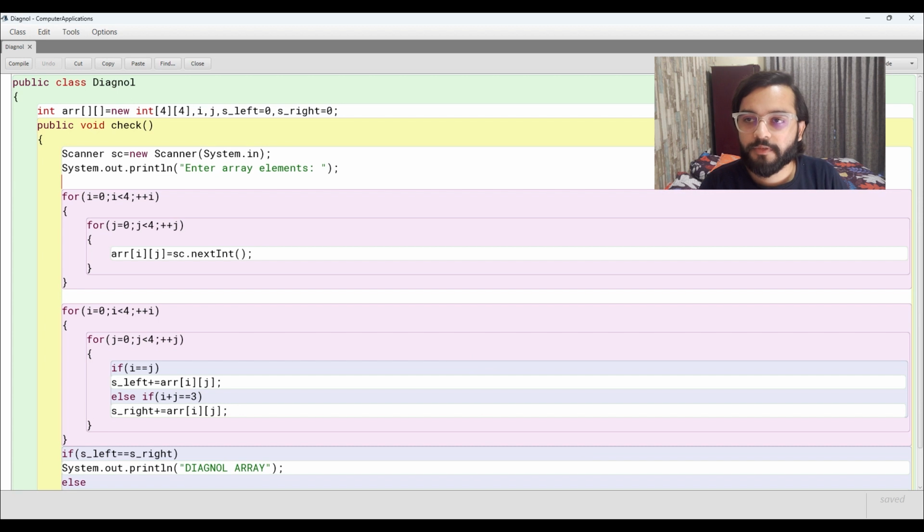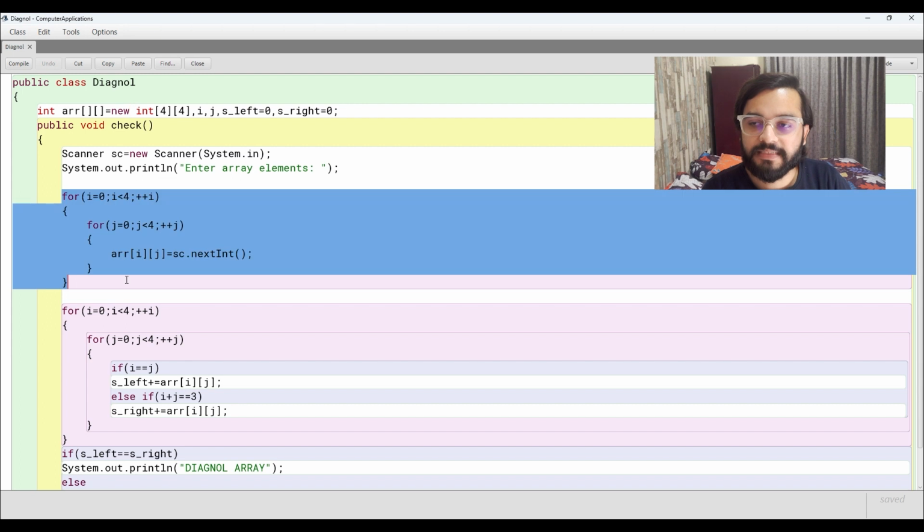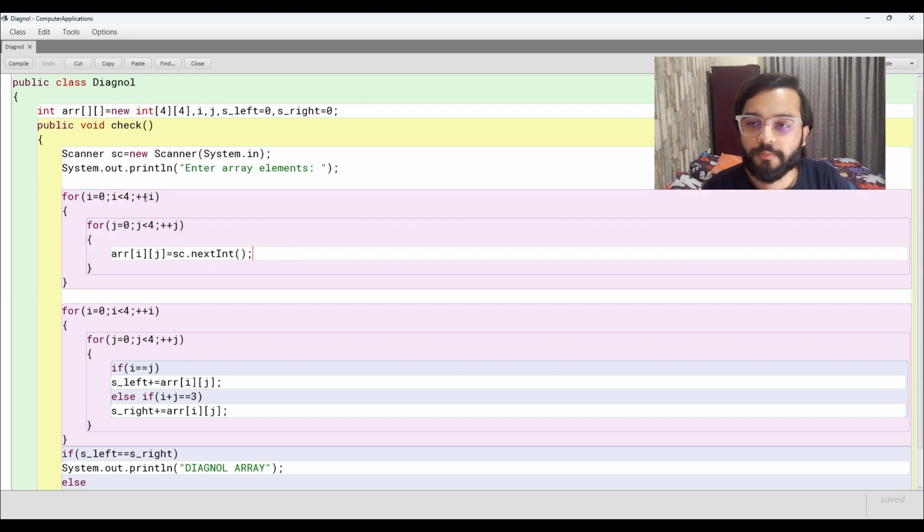This is the program where I have declared the array of 4 by 4. This is the declaration of a two-dimensional array. I am taking input from the user. These are the statements to take input of the numbers from the user. So we know that array elements start from position 0 and go up to 1 less than the array length. The array length is 4 by 4, so our first loop will start from 0 and go up to less than 4, that means it will go up to 3.